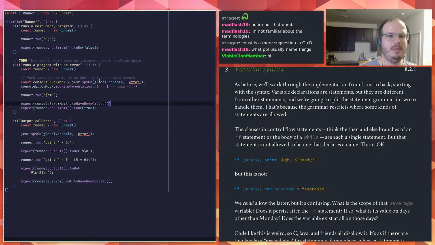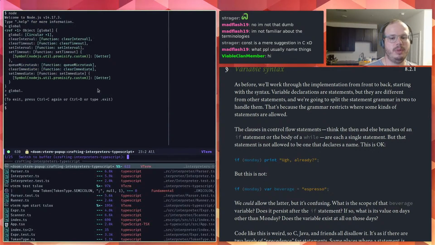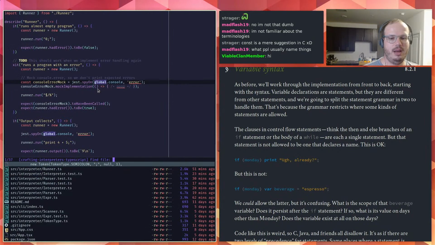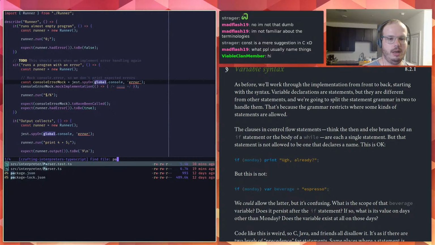What do people usually name things? It's conventional to split up your scanner and lexer. Where do I have all this stuff? I think it's in runner.